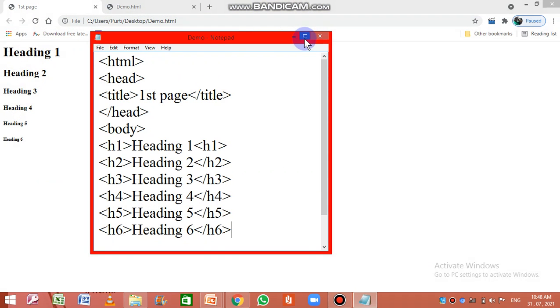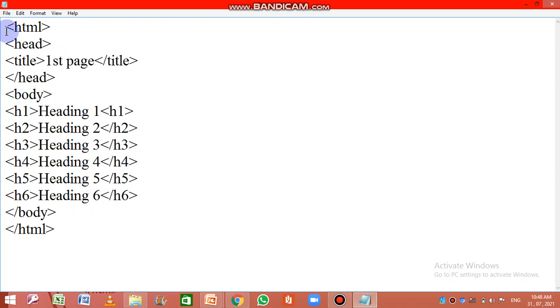Just see, if I maximize it, nested HTML means an HTML tag inside an HTML tag, like a list within a list. If you observe here, I started HTML, and it was ended at the last. Next, head started here and ended here.